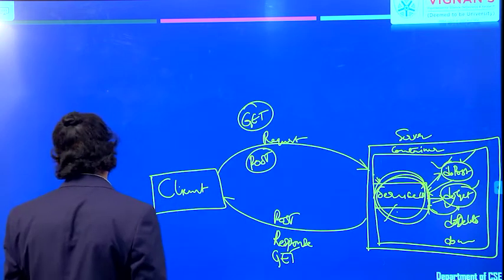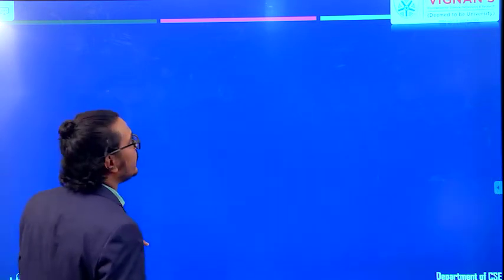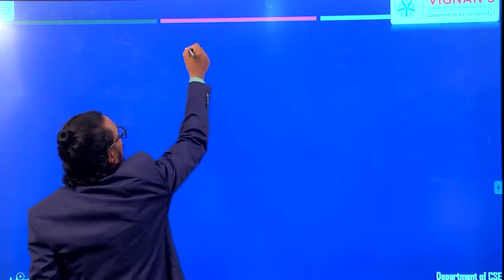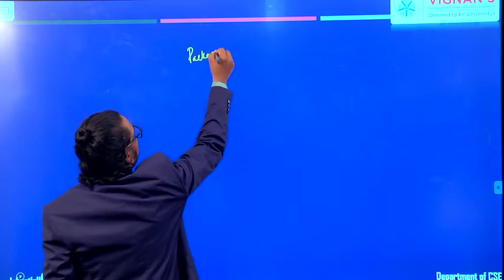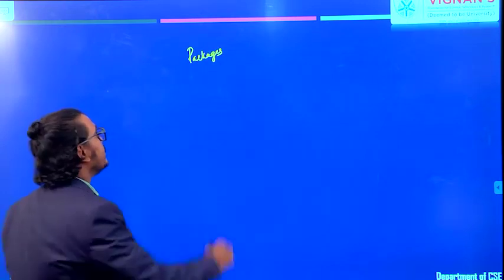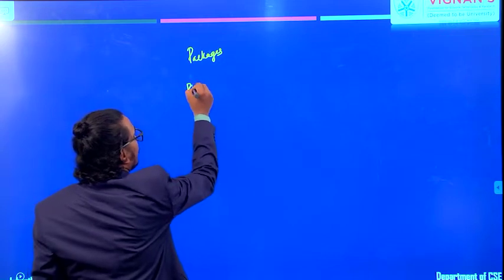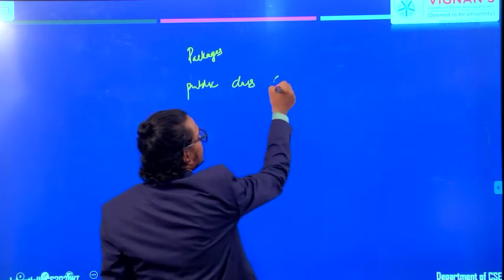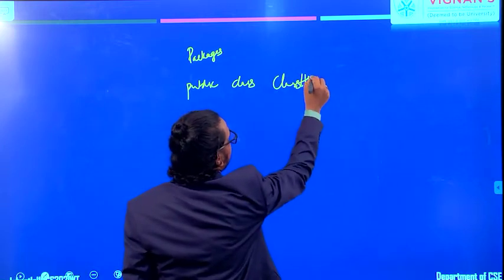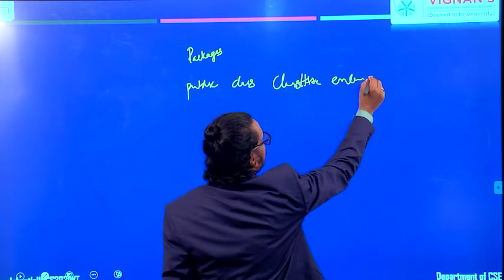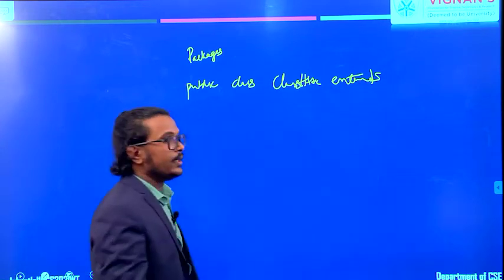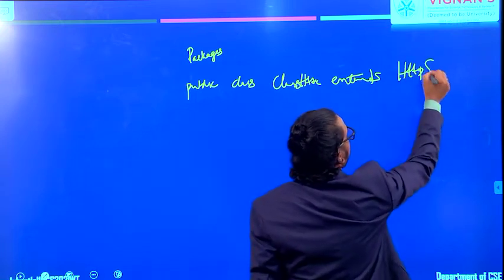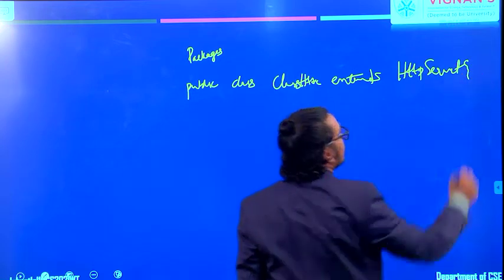Now we will see the programming part. First, you have to import all your required packages. Second step, you write your class: public class, and your class name, which extends HttpServlet.